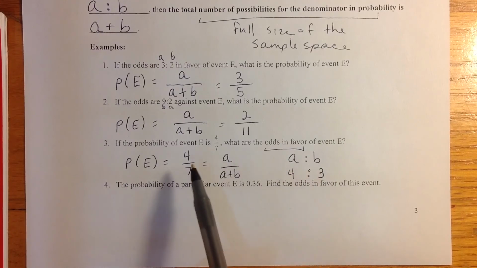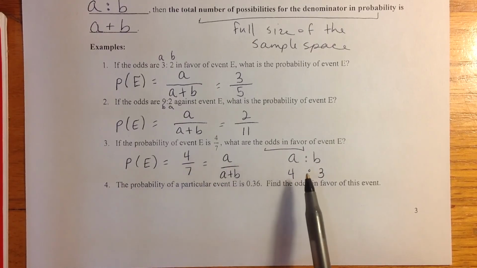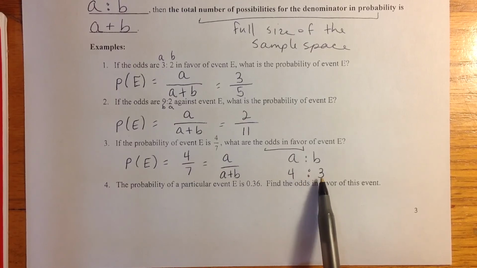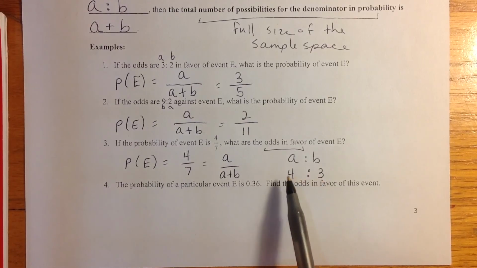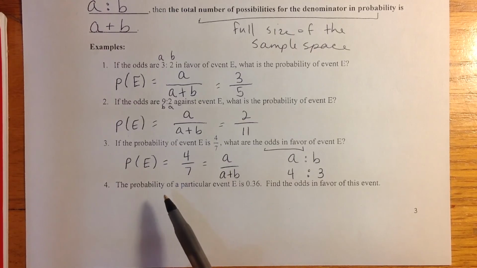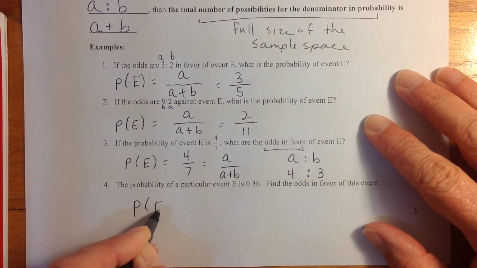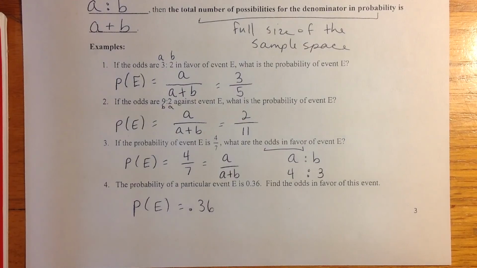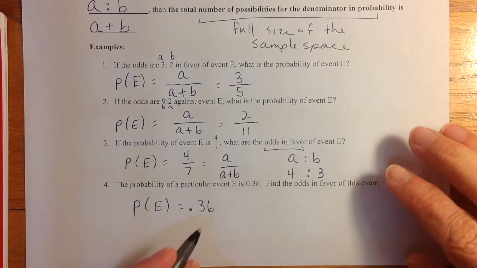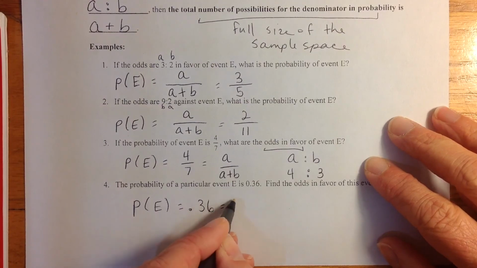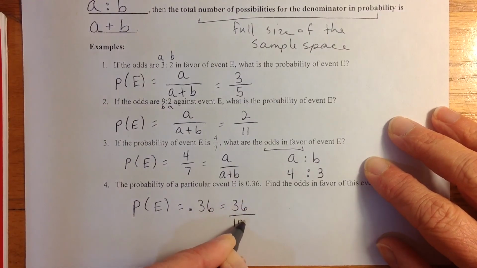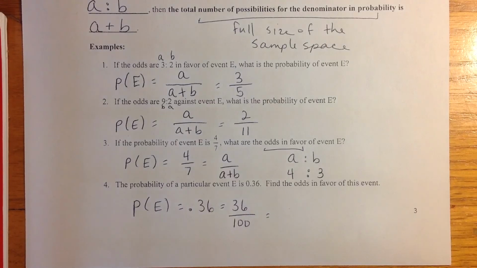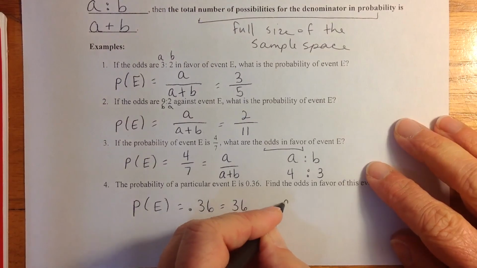A way to check from going from probability to odds is these numbers in our answer should always add to our denominator. Last one, the probability of a particular event is 0.36. So the probability of E is 0.36. And it wants us to find odds in favor. Well, my suggestion here is to think about this as a fraction. So 36 over 100, and then we're going to reduce it. This fraction is reducible by 4, so we're going to get 9 over